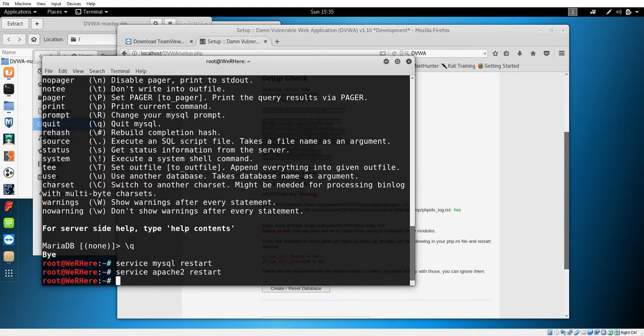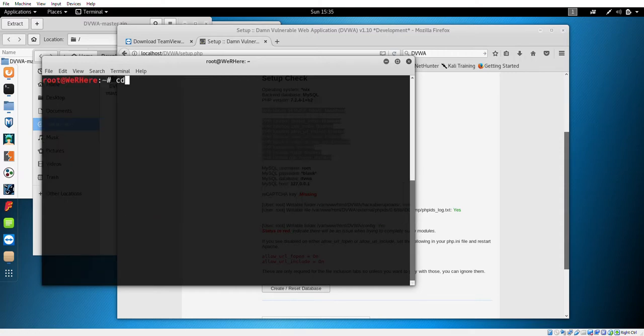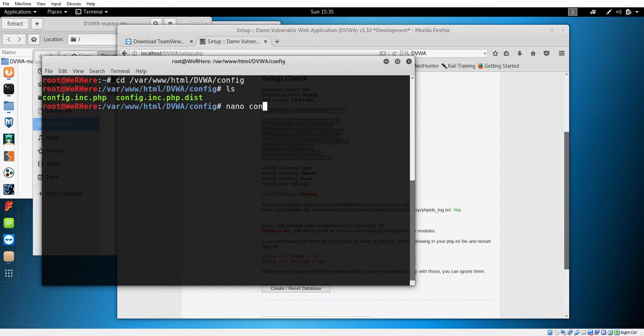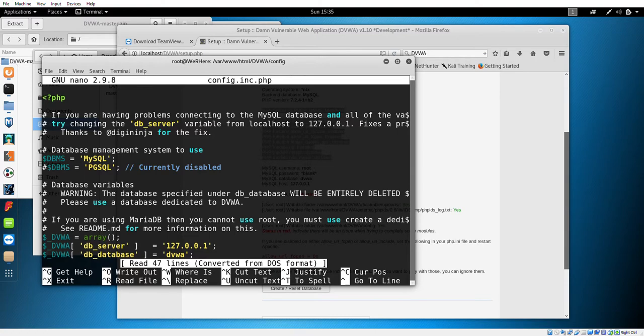So we want to go to the DVWA directory, the config directory. And we want to edit that file again. nano config.php. We want to go down here